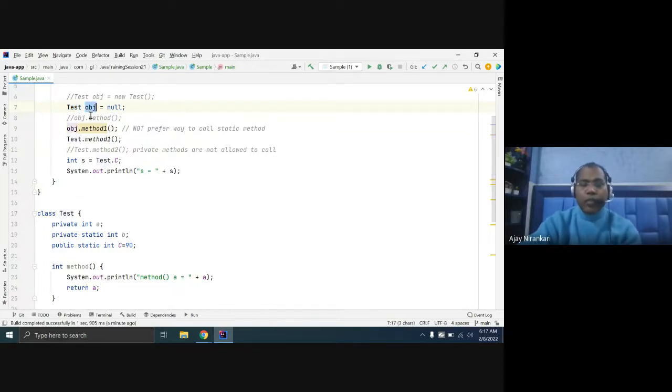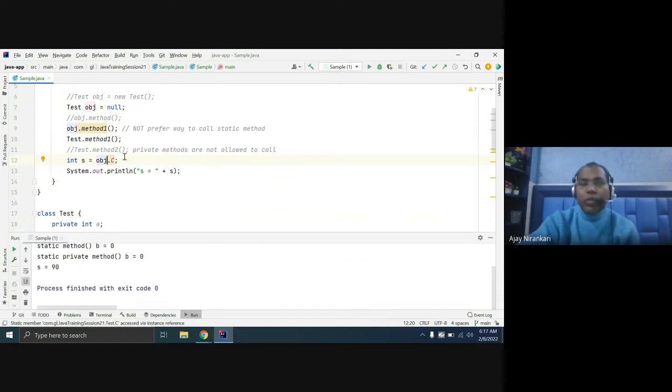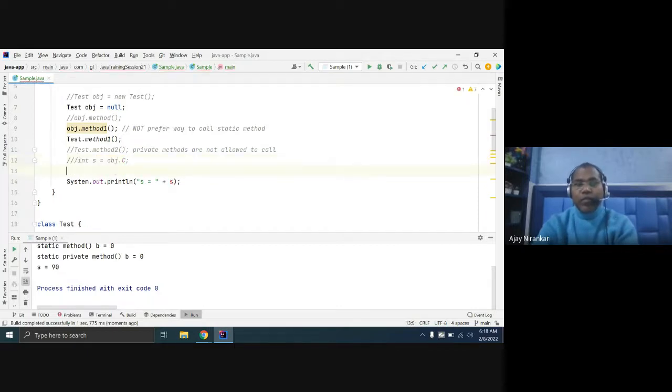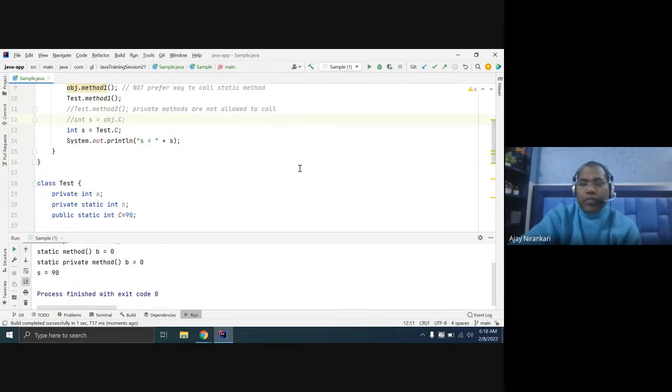Here you can write obj2. There is no problem. The compiler is happy and can return the value, but this should be avoided. Don't use the obj. Obj is null. You are trying to get c from null, which does not make sense. But whenever the code is run, the compiler knows you are accessing a static data member. The static data member can be accessed from the test class. So the compiler just writes it this way. So this is one part about static.